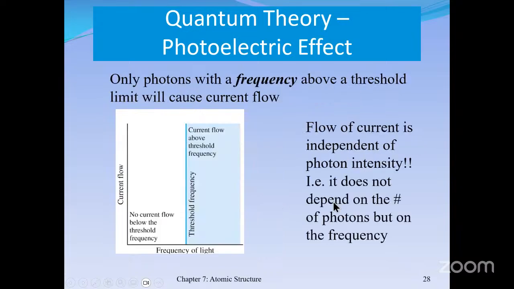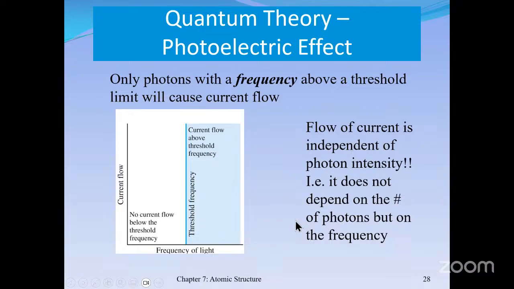Now, another interesting thing about this setup is that you will only observe an electric current if the frequency of the radiation is of a certain value or above. So if the frequency is above that threshold value, then a current will be observed. If the frequency is not above that value, then there's no current observed, right? And that is demonstrated by this graph right here. The y-axis represents the current flow, the x-axis represents the frequency of light. Below the threshold frequency, there's no current, right? And then when you get to the threshold frequency, all of a sudden you see a current flowing through